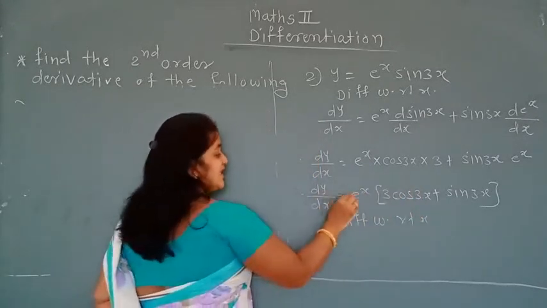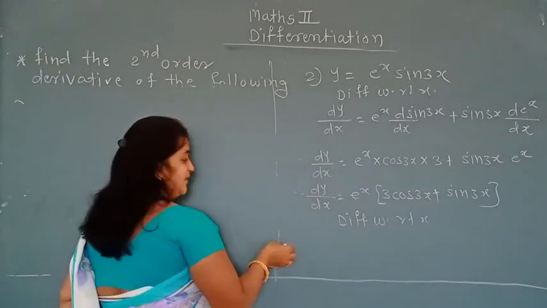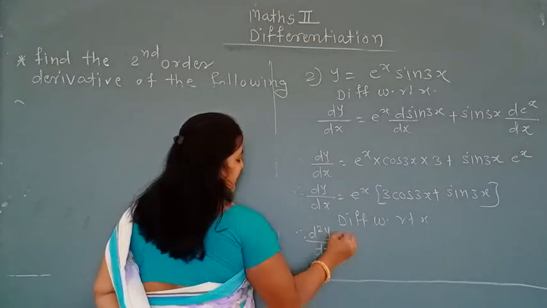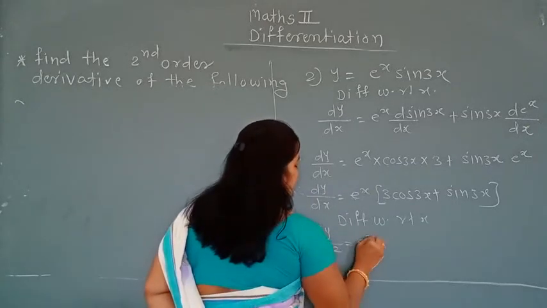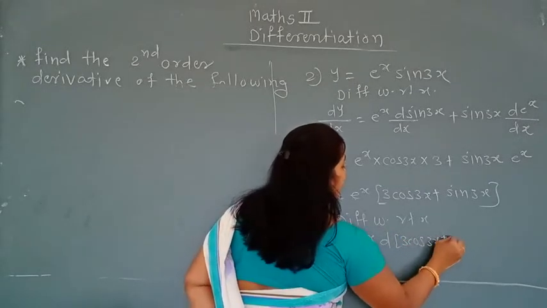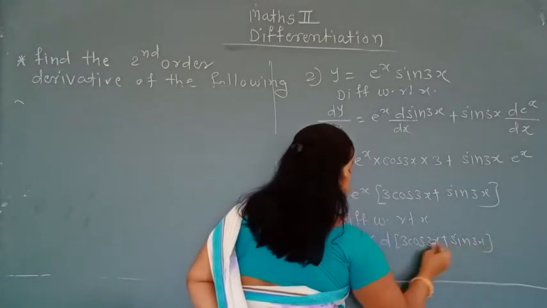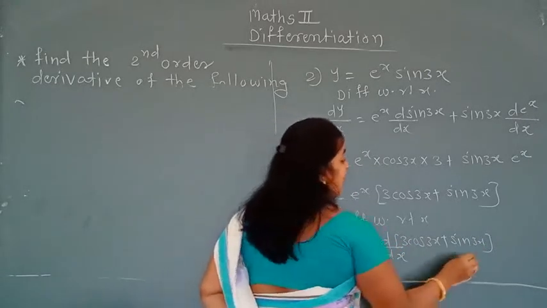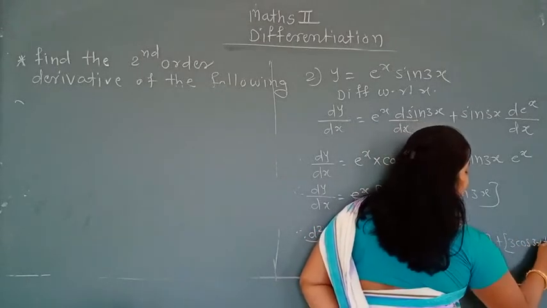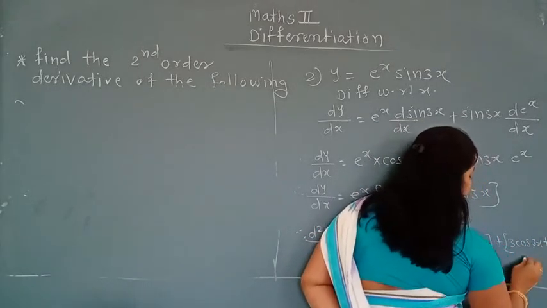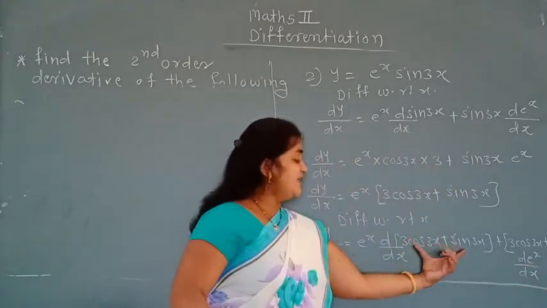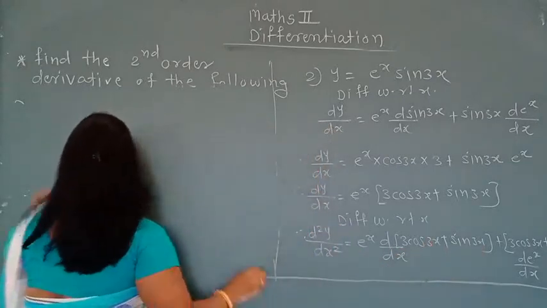Now again this is a u multiply v rule. Apply here. So d square of y divided by dx square is equal to e raised to x as it is, derivative of 3 cos 3x plus sine 3x with respect to x, plus 3 cos 3x plus sine 3x as it is, derivative of e raised to x with respect to x. Now here apply the u plus v rule. So we get here